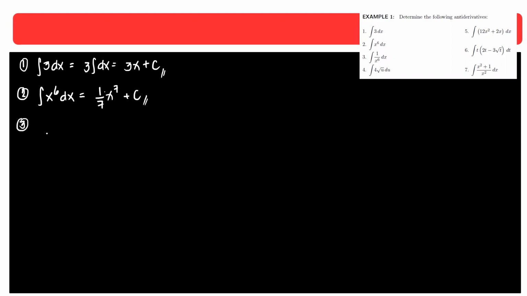Number 3. In number 3, guys, sometimes it may be better if you write it like this, because it's not easy to look at if it's underneath. So we might as well write it like this. Because what's the restriction of n? If you recall, n can be any number except, very good, except -1. So what would be the answer for this one?